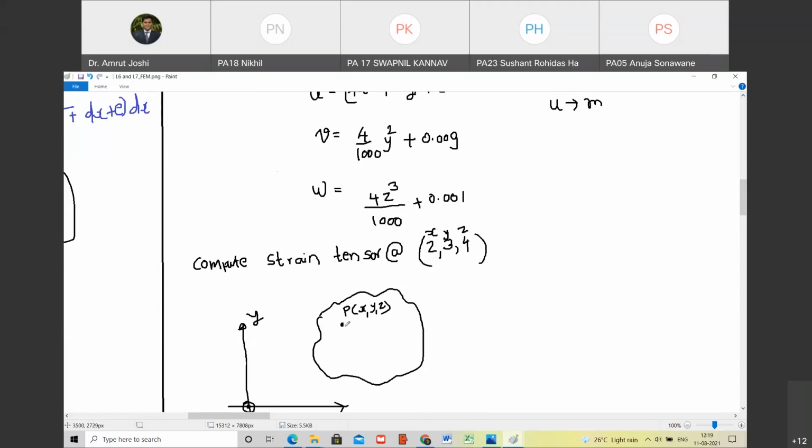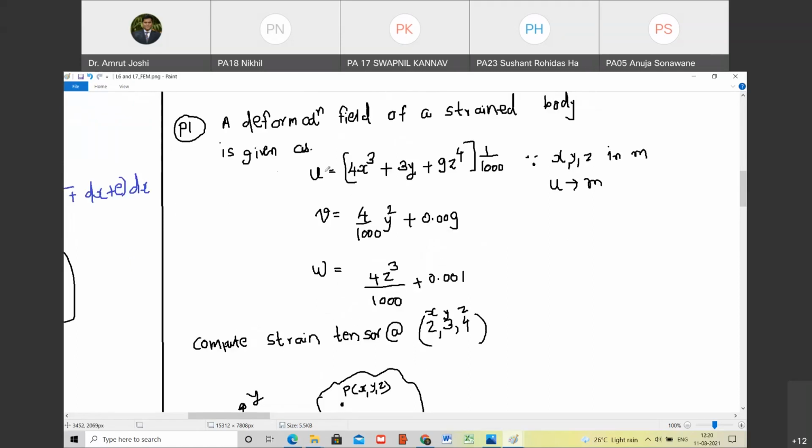Yes, sir. So basic unknowns कौन से है? Basic given quantities कौन से है? U, V and W. Deformations at any point. P is arbitrarily chosen. So therefore we call this as deformation field. Field क्यों बोल रहे हैं? Because you give me the value of x, y, z. That means you give me the value of x, y, z coordinates of a point. I will give you U, V, W at that point. Are you with me? Yes, sir.